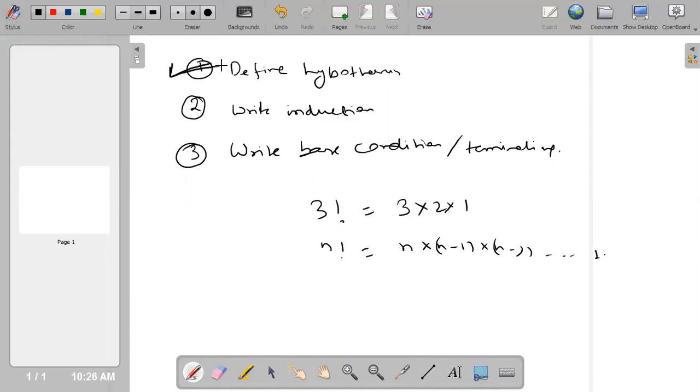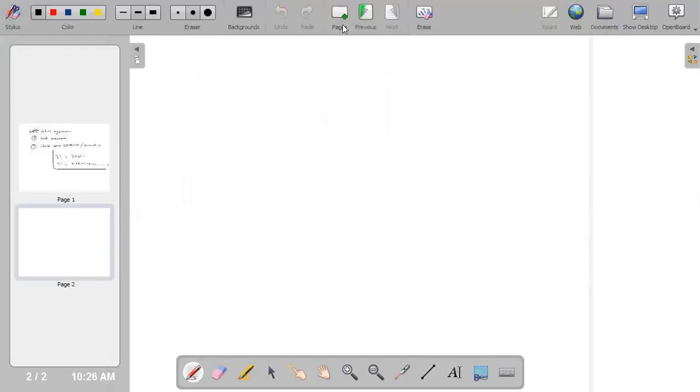Okay, so let's write the first step, hypothesis. How can we write the hypothesis? Let's say someone asked me to write factorial of 10. Can I write 10 factorial is equal to 10 into 9 factorial? If someone asks me for 9 factorial, can I write 9 into 8 factorial?